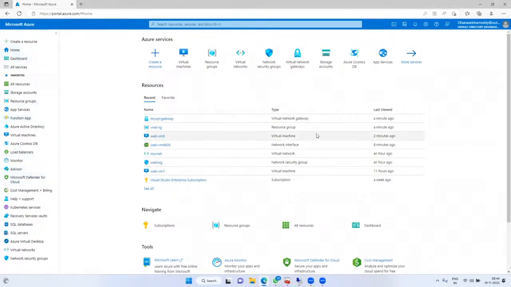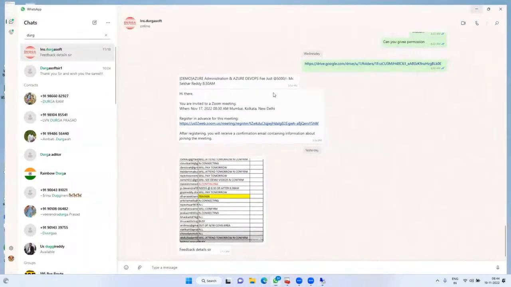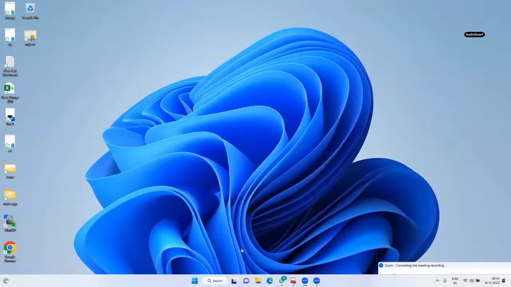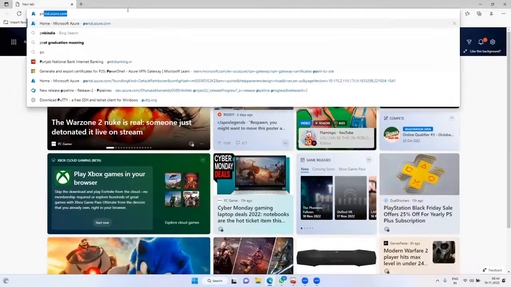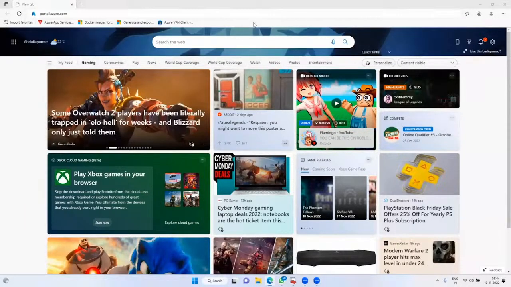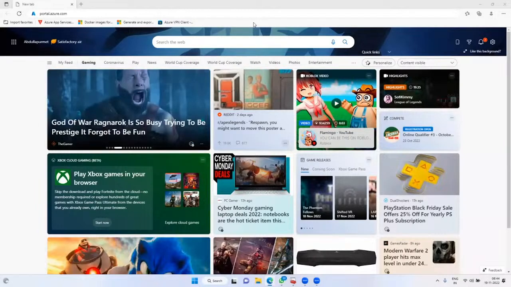Okay, fine. Now have a look. After subscribing for the Azure free trial, you can go ahead and access the virtual machines. First thing, access the portal. To access the Azure portal, the URL is portal.azure.com. Please remember, this is the global URL and you cannot change it. Some people will ask, can we change this URL as per my project or organization requirement? No, even Microsoft people use the same URL.